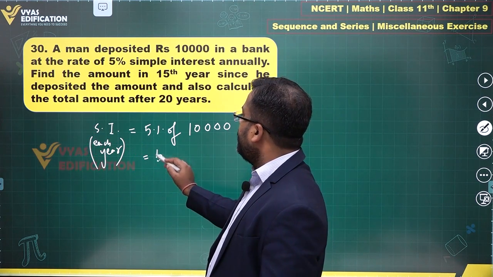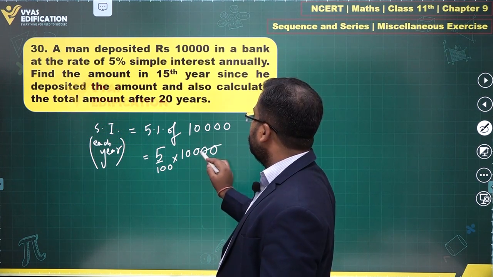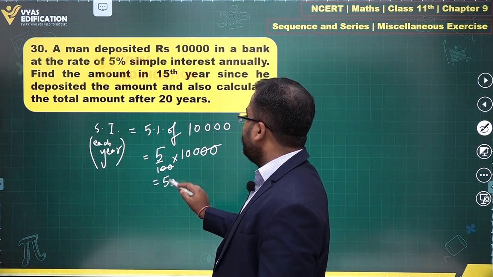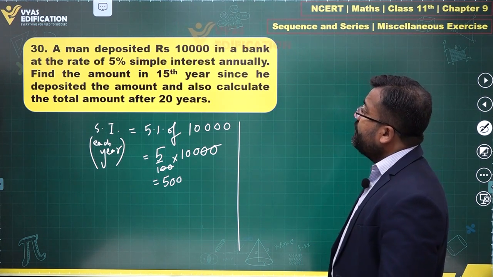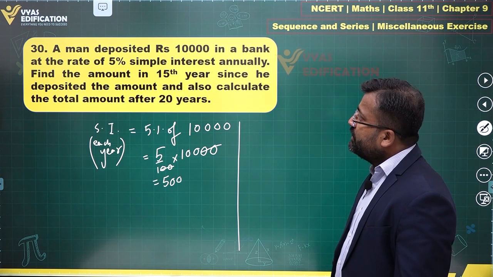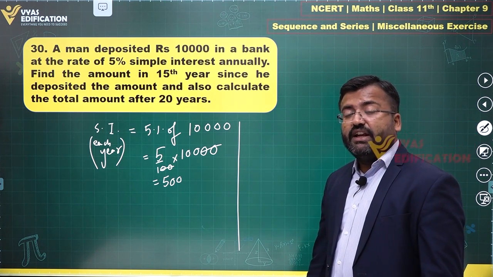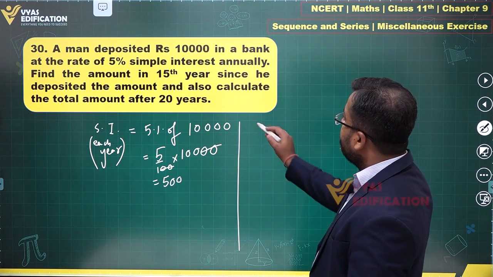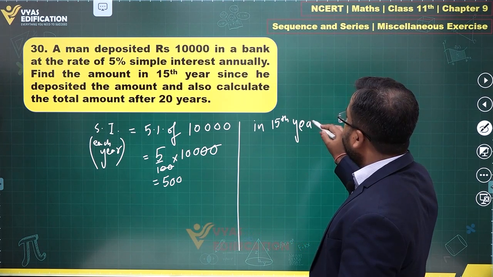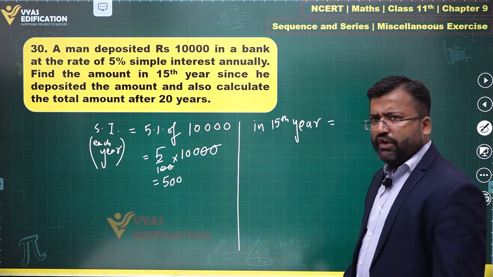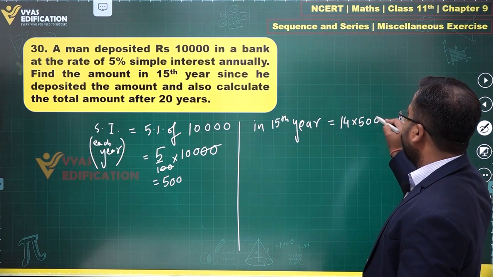What is that? 5 upon 100 into 10,000. Two zeros get cancelled. This is 500, right? That's what we have. First of all, we have found the interest. Find the amount in the 15th year since he deposited the amount. In the 15th year, not at the end of the 15th year, in the 15th year is the person asking. In the 15th year, he would have received interest up till 14 years, right? 14 years' interest, 14 into 500,